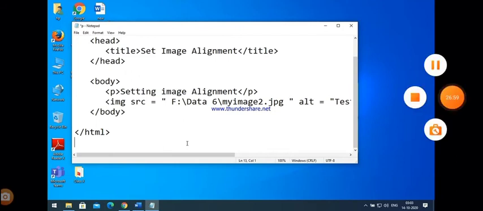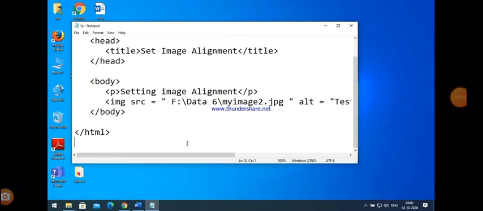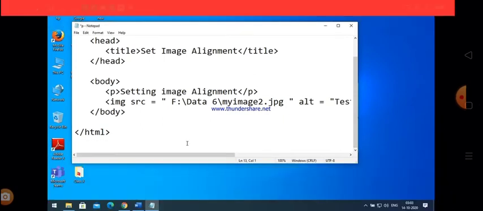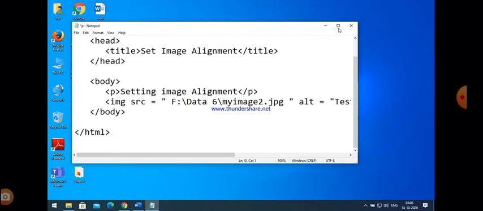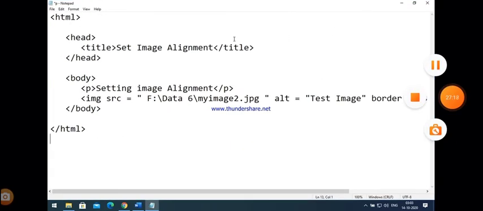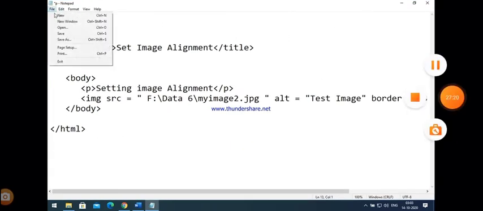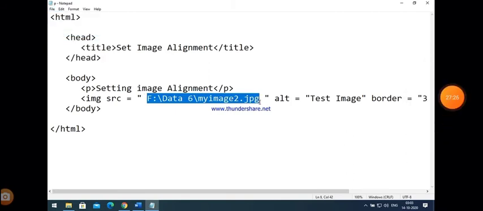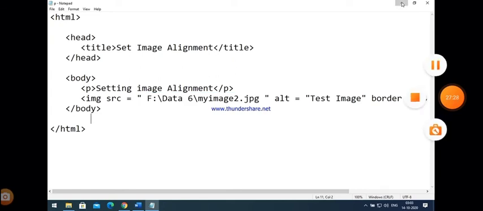You can easily see on the screen that is the code, and in this code basically the image location is different, and it is a part of F drive in which there is a folder data6 in which the image is there. Okay, you can easily see on the screen.